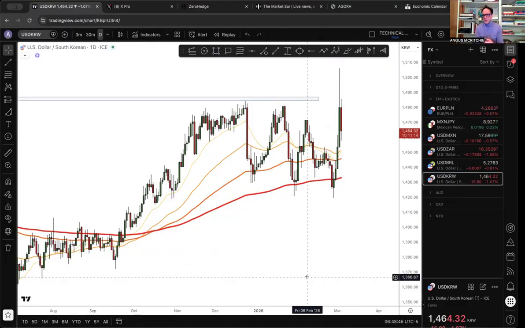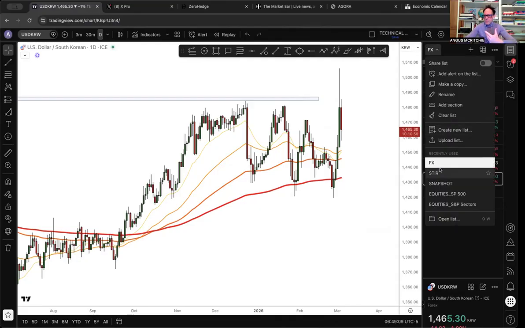We need to buy back our own currency. So in order to do that, they will basically sell some of their treasuries. So they're going to raise US dollars. How do you raise US dollars to buy back the local currency, to strengthen the local currency? First of all, they need to sell US treasuries and get a bunch of US dollars. So that's also one of the reasons yesterday where we started seeing the correlations going to one.